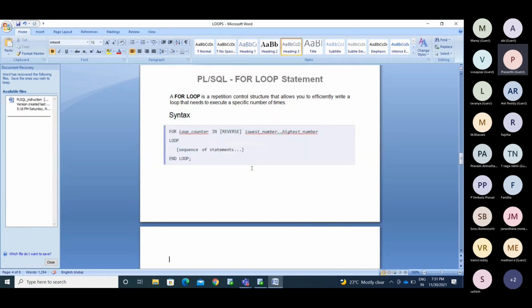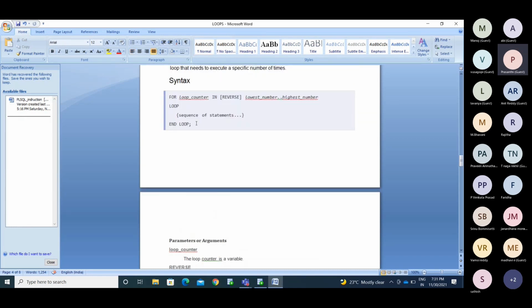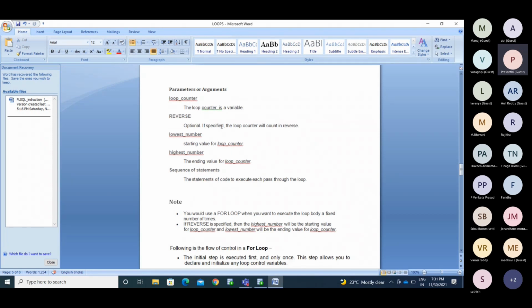If we go with the for loop, the syntax is FOR loop, sequence of statements, END LOOP. We don't have any exit statement here. Once it reaches the highest number of iterations, say the 50th trip, you automatically stop driving and go home. In the same way, if it reaches 10, we stop. It depends on how many times you mention. REVERSE is optional. If specified, the counter will count in the reverse way. We'll see reverse later.